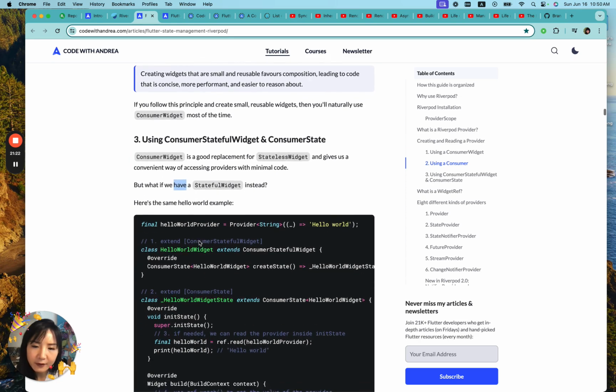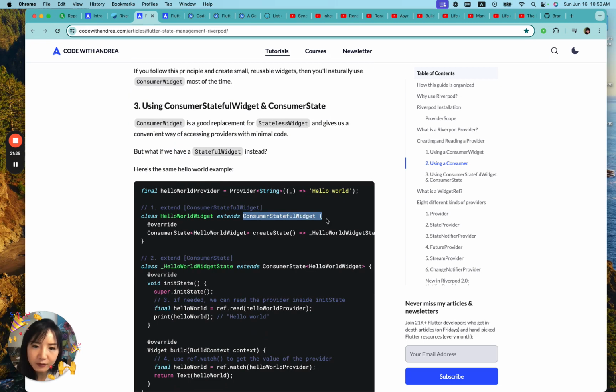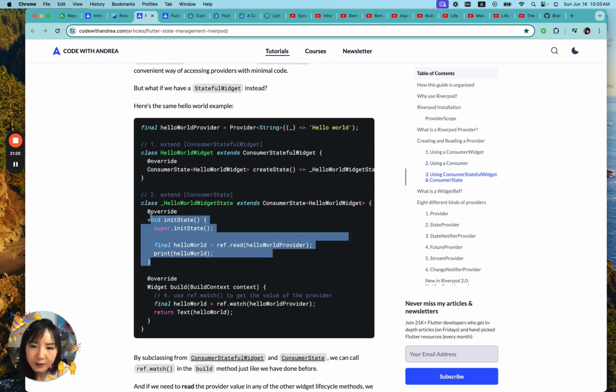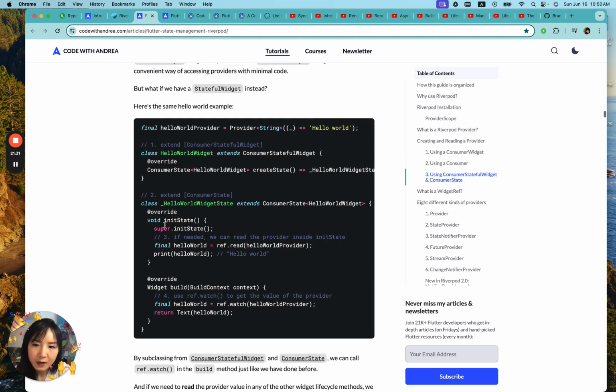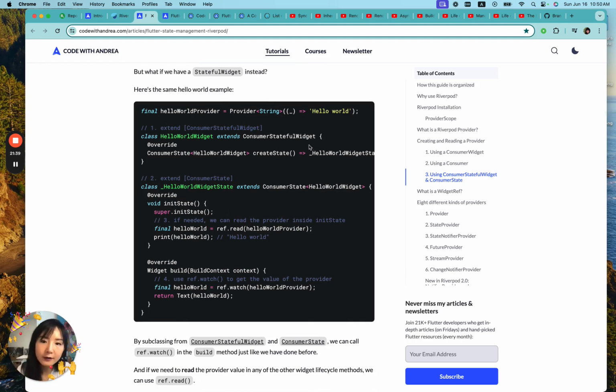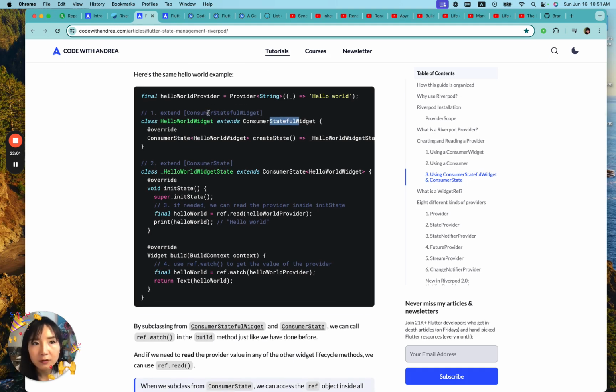But if you have a stateful widget, then you can access the init state. By the way, when I first started Flutter, people were saying we should avoid stateful widgets and make our widgets stateless as much as possible. But that's not true. There isn't much performance issue with the stateful widget. It gets more boilerplate code, and